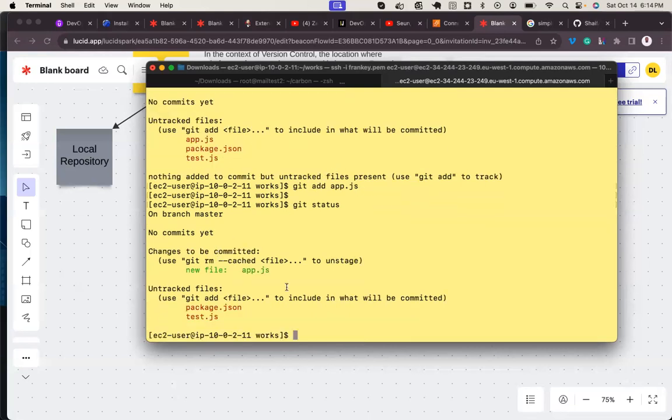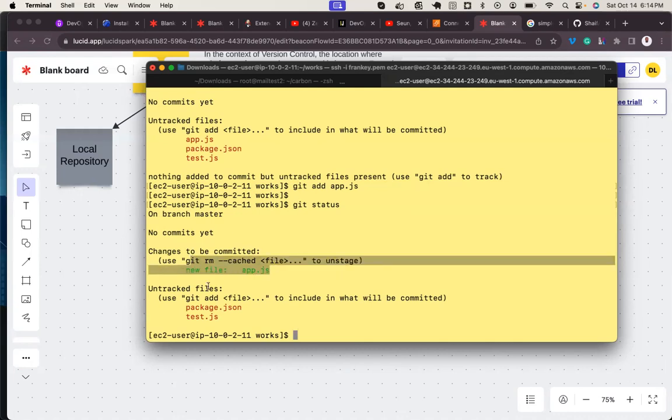So you can see this file has been moved from the untracked section to a section that we call the staged section.